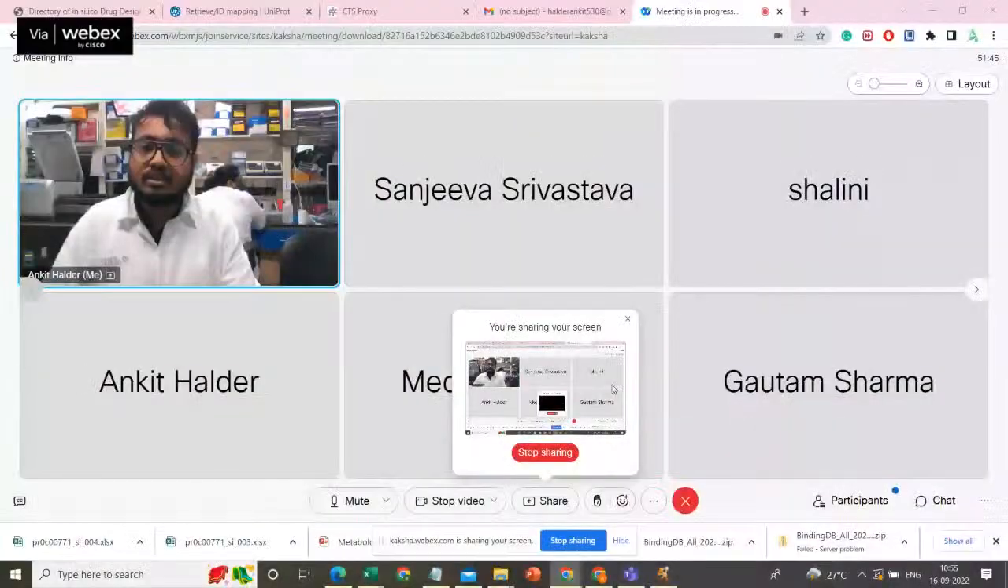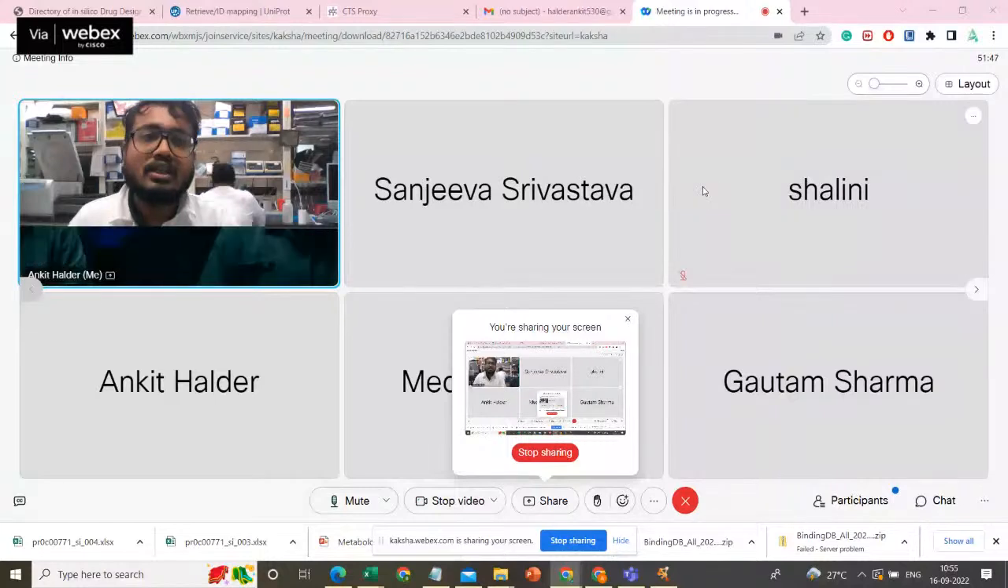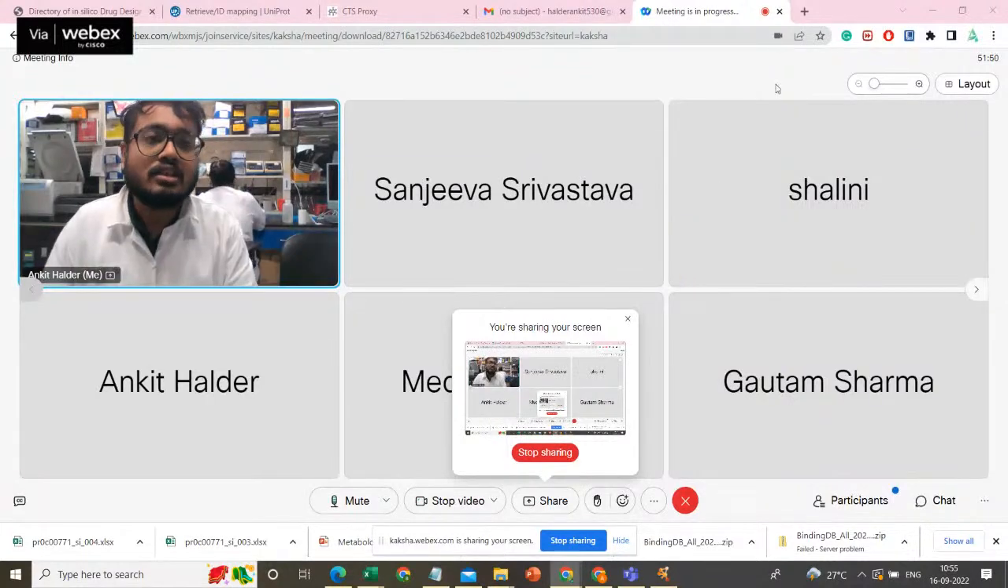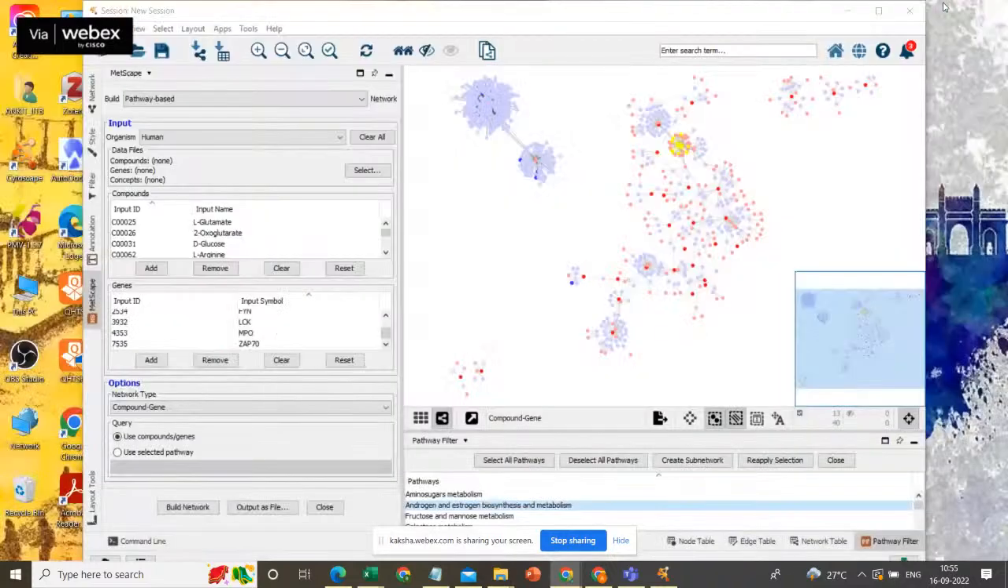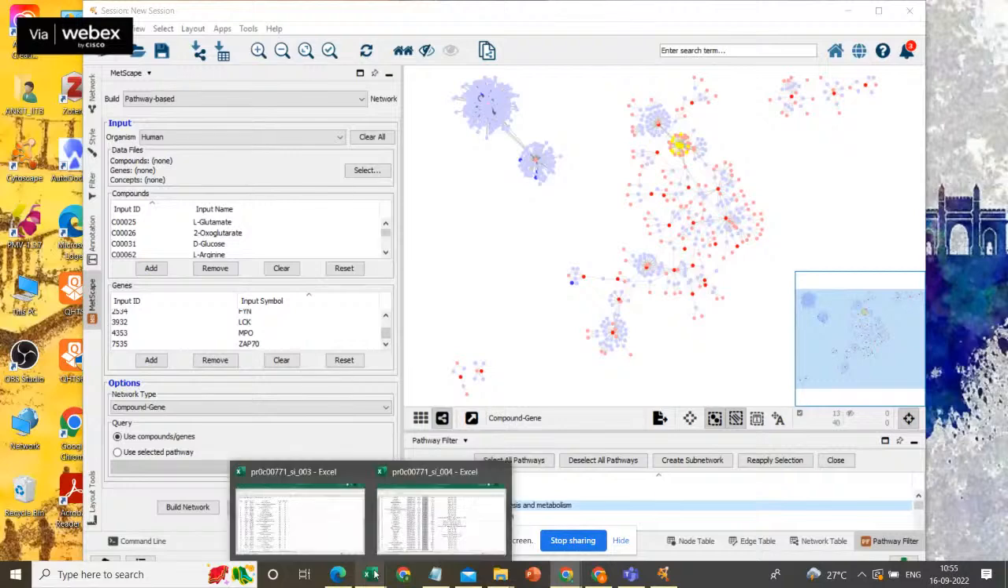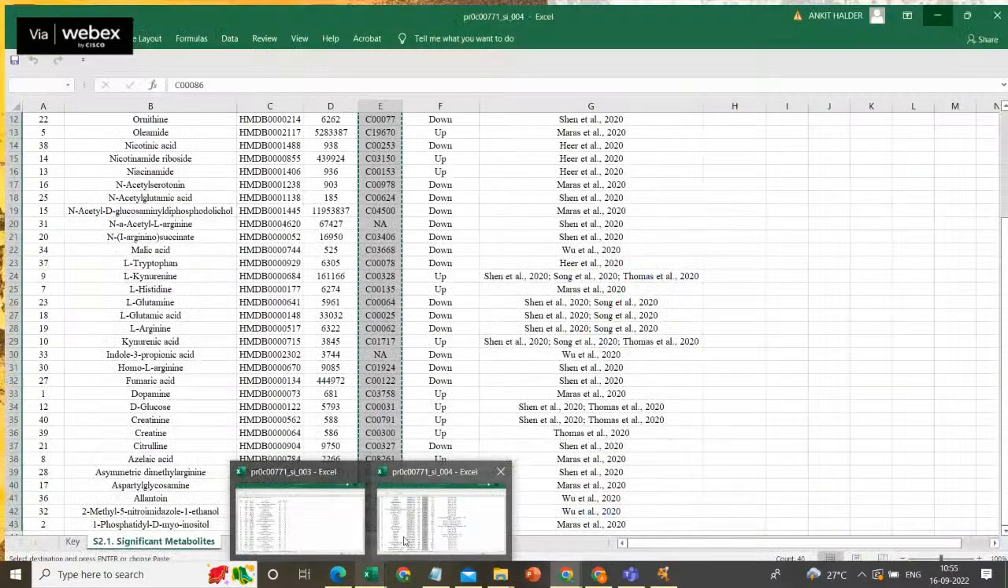Thank you, Gautam. So now once you get the analysis and do the secondary analysis using different statistical tests like the t-test, or any other statistical tests, you will get a list of the proteins as well as the metabolites. For proteins, you will find the differentially expressed proteins, and for the metabolites, you will find the differentially expressed